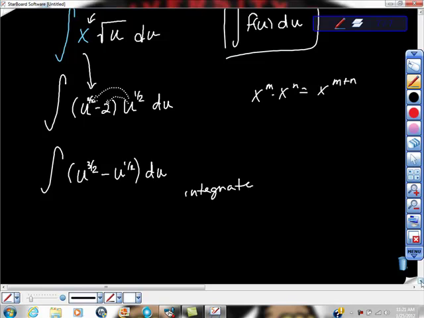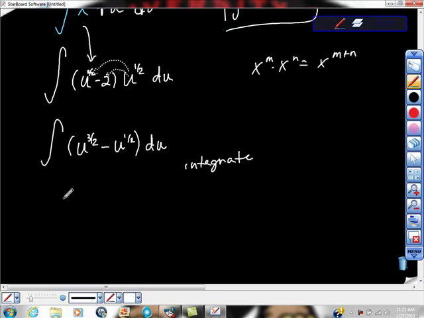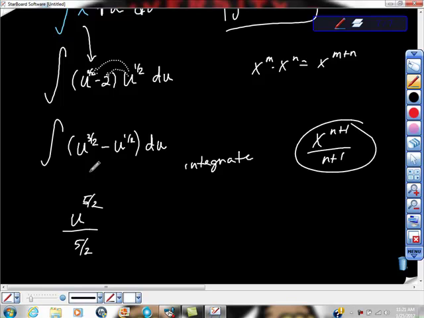We're going to integrate and then we're going to have to resubstitute, right? So we're going to go ahead and integrate now. So this would be u to the 5/2 over 5/2, because remember, x to the n plus 1 over n plus 1 is how we would integrate this. This minus sign is this one, and this would be u to the 3/2 over 3/2